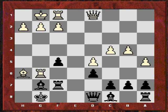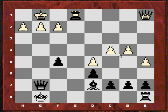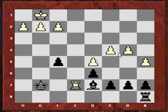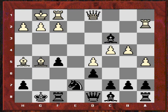and black could be really getting bashed here in this kind of variation. For example, like this, and now rook e1, trying to control e7, is useful, combined with, say, queen a1. So say bishop d7, queen a1, and this kind of variation could see white regaining material with a massive advantage. Well, this endgame would be winning for white. So that's just one of the fascinating variations I've been having a look at here in this position. That knight takes e5 might actually be playable,